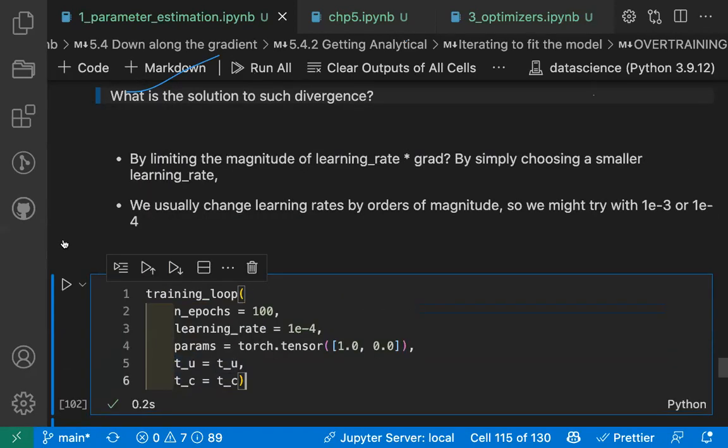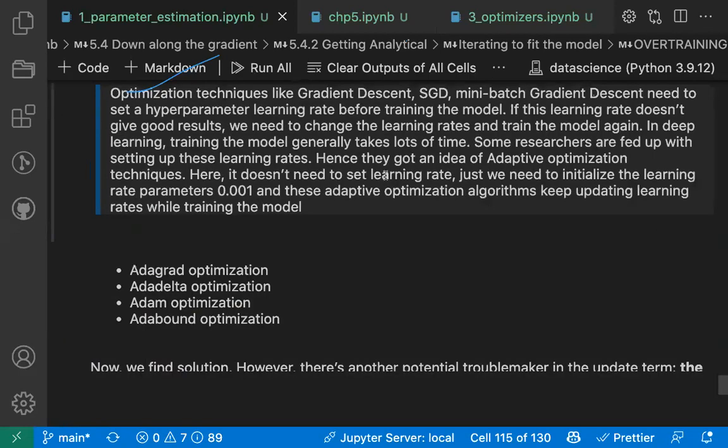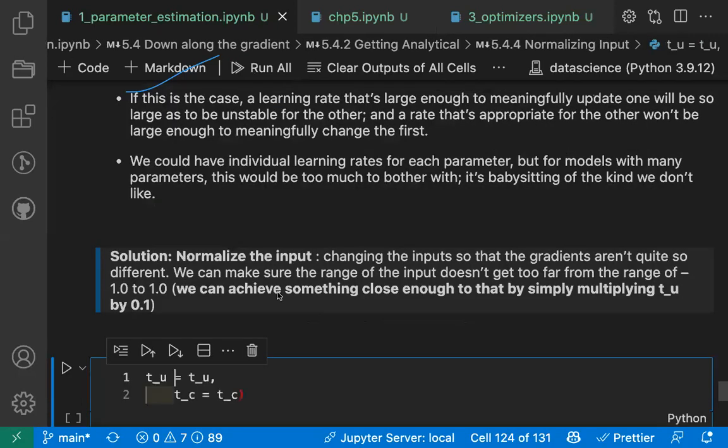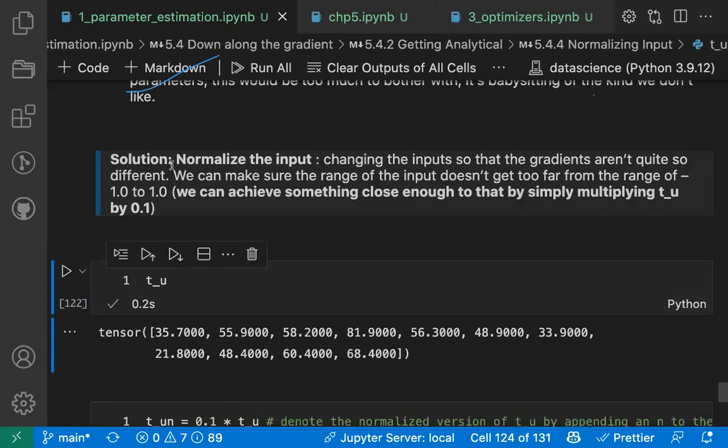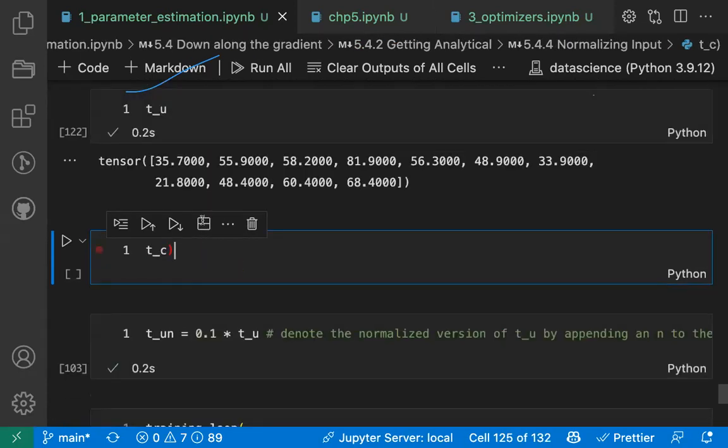Right. Look at the TU. Can you see 35, 55, 68, 48? Look at TC. Look at 0.5, 14, 11. Can you see that? You can see they are of different scale, right? So what we need to do is put these into the same